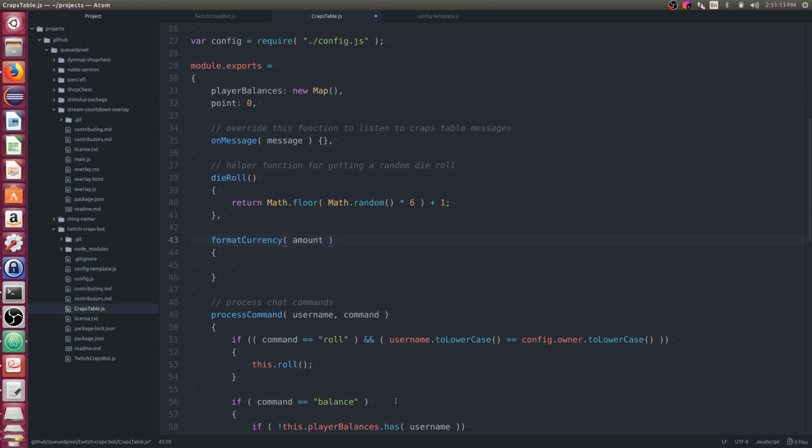Let's give it an amount. And so we could say return amount divided by 100. And see what that does.